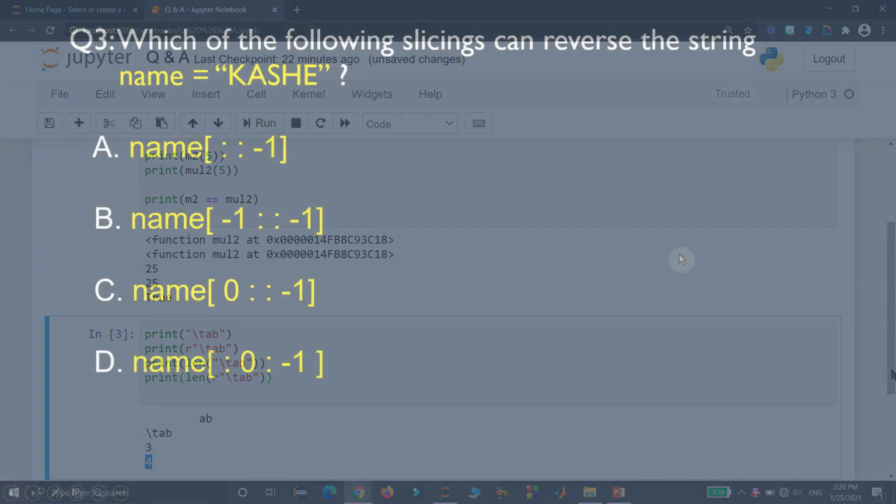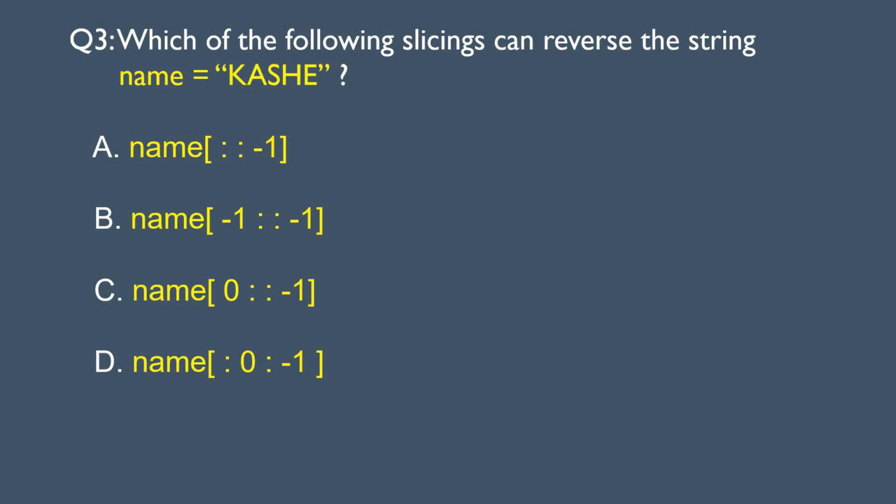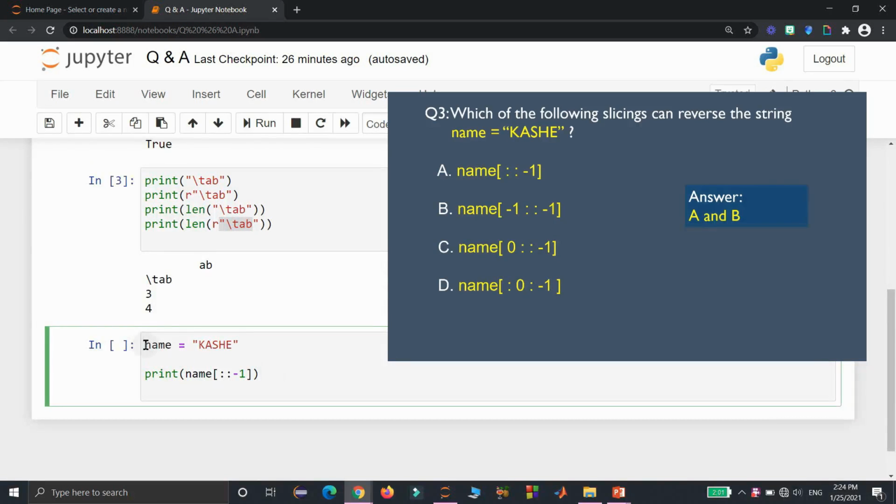Question number 3. Pause the video for some time and guess what are the options. Here we have to reverse the given string using slicing. The answer is both A and B. Here I have taken a variable name with initial string cache, and then I am going to use a slicing